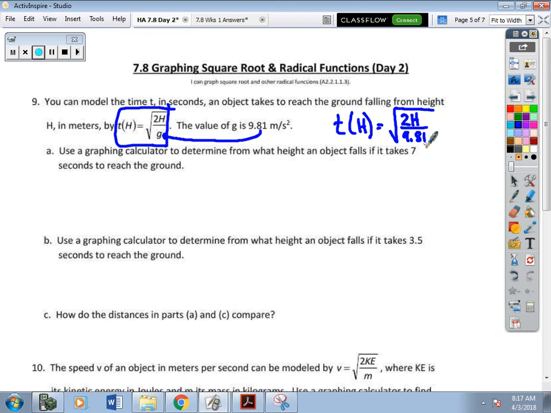Alright, use a graphing calculator to determine from what height an object falls if it takes 7 seconds to reach the ground. So this is the time, which is 7. So you're not plugging 7 in for h. You're actually going to plug in 7 for t, like your t equation. So if you're using the graphing calculator, you're actually going to do two equations. You're going to do the one they gave you,